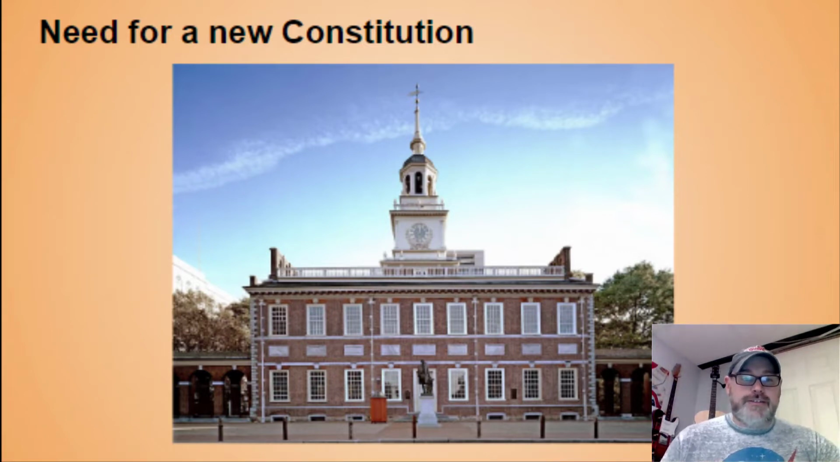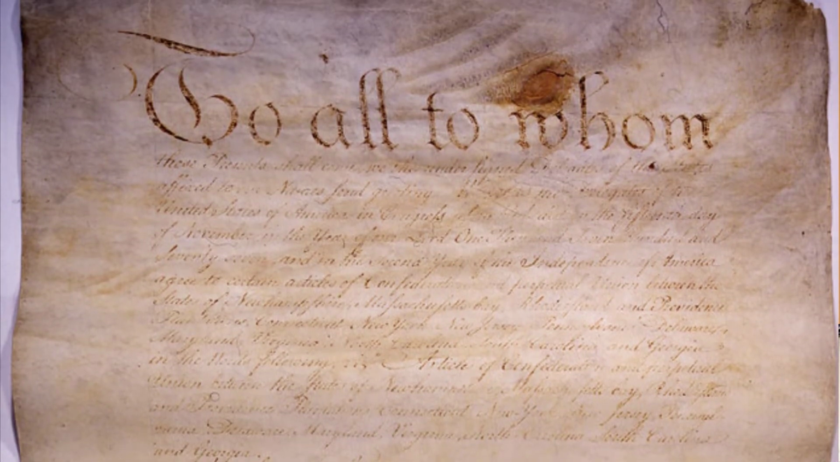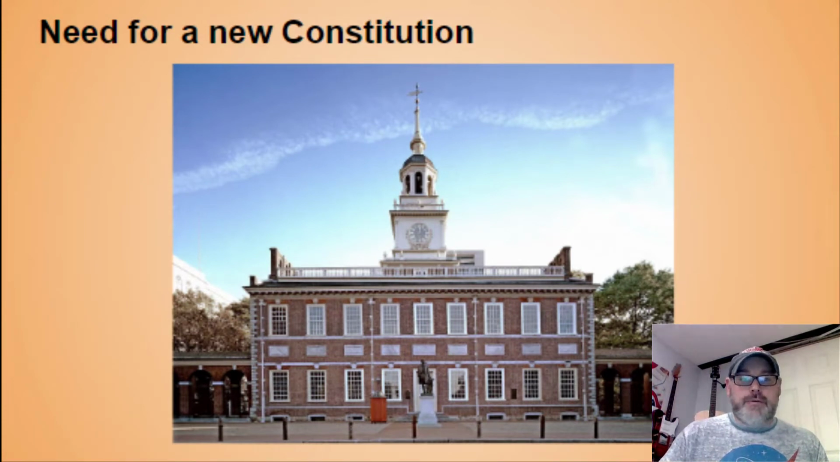And the main reason is because we already had a constitution known as the Articles of Confederation. Well, the Articles of Confederation was very weak. It gave most of the power to the state governments. And one of the biggest problems was that the federal government, or the national government, could not collect taxes. So that was a big issue